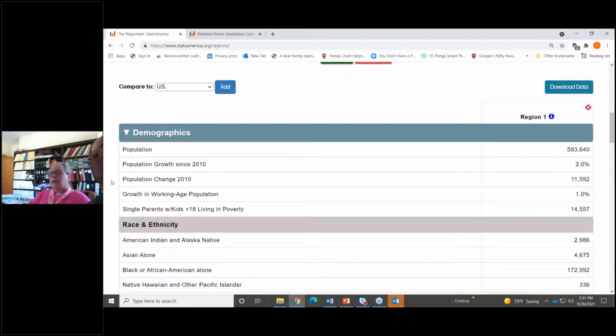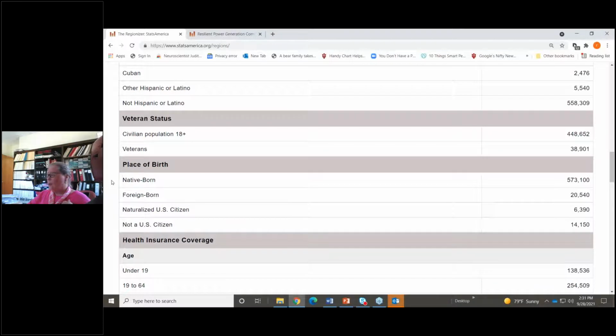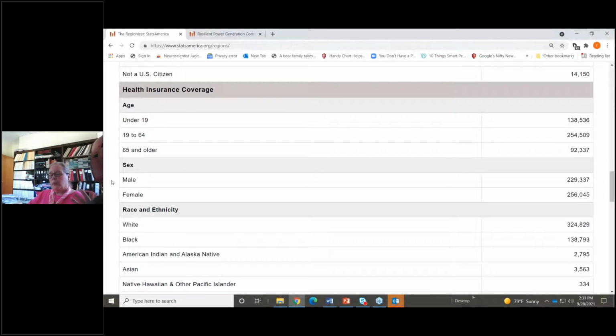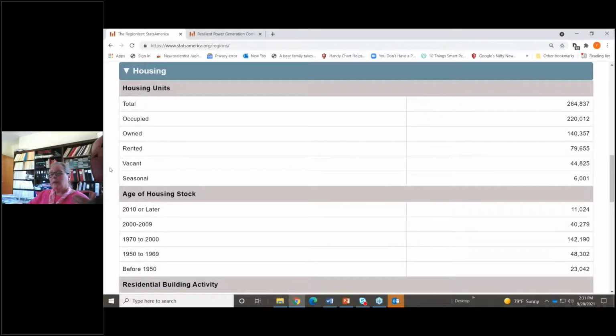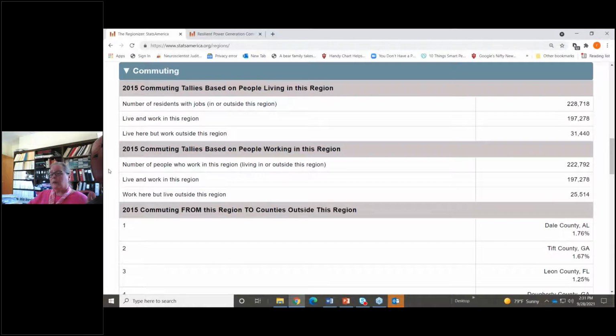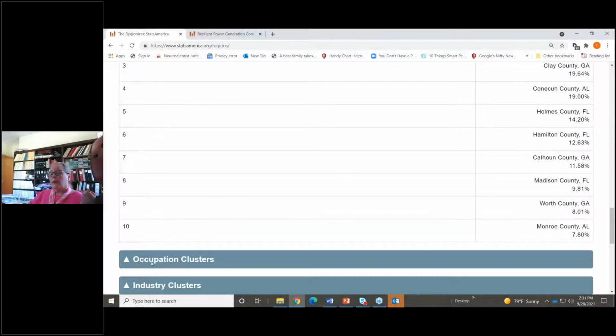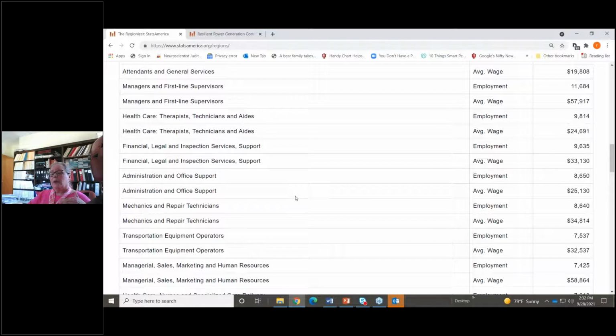And so you can look at the data and play around with this to see how many people live in that region as you define it, and get some really interesting data about veteran status, whether people are native born or not, health insurance coverage, disability status, a lot more housing data, especially around the age of the housing stock, much more detailed commuting information, as well as looking at the occupation clusters in your community and being able to see which ones employ the highest numbers of people in your particular